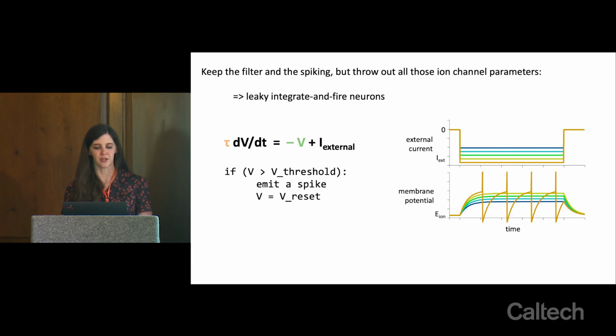And the rate at which you increase is set by a time constant, which is approximating the resistance and capacitance of the cell membrane. In order to get these leaky integrate and fire cells to spike, you have to hard code in a spiking threshold. And this is done very practically just in your simulation code. You say, if the membrane potential is above a threshold, then the cell is going to spike, and I'm going to reset the membrane potential back down to some baseline value.